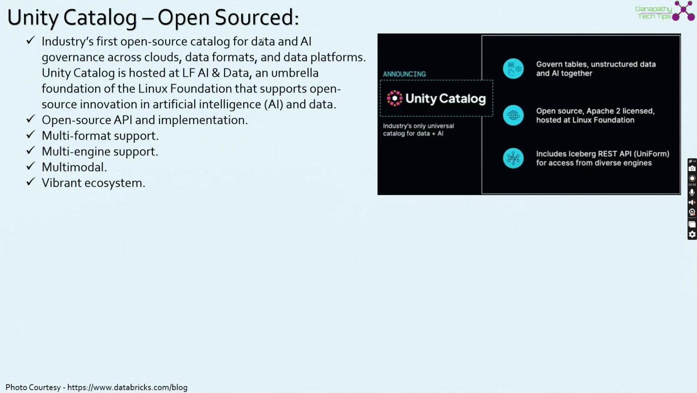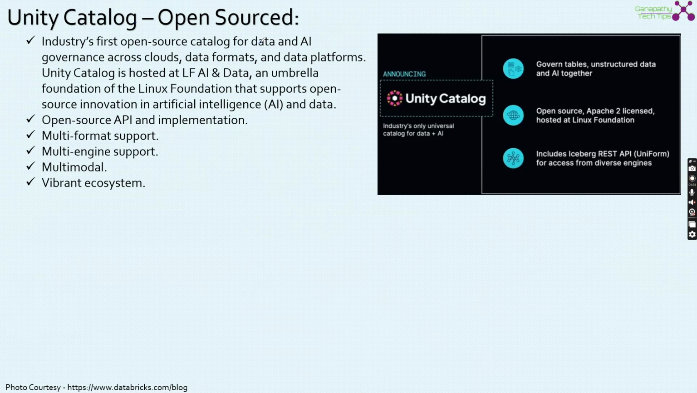Snowflake also announced the Polaris Catalog as open source, but it is not open source right now. They requested 90 days, and only then will it become an open source version. So the Databricks Unity Catalog is the first open source catalog for data and AI governance across cloud data